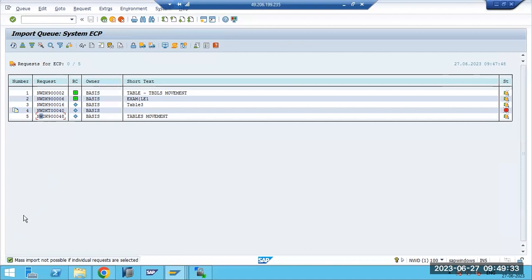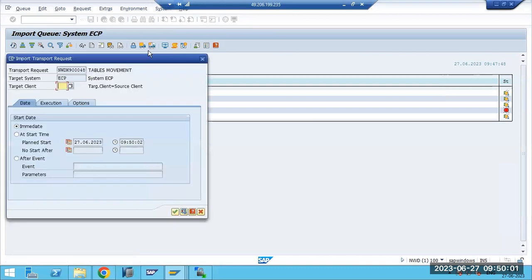So carefully select that system, select the transport request number. Suppose you select this one, you want to import this 48, but unfortunately your mouse went into the full load truck. You want to select this one, the semi-load truck. Unfortunately, if you click the full load truck instead, it will be dangerous. So carefully when you are importing the transport request, select that request, go to the semi-load truck, import the transport